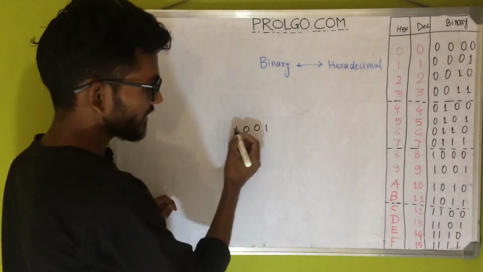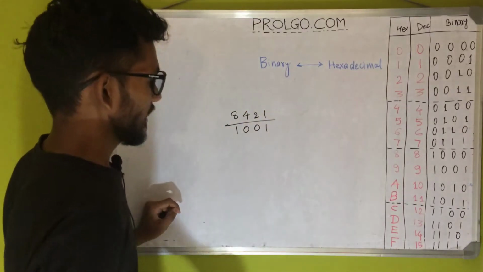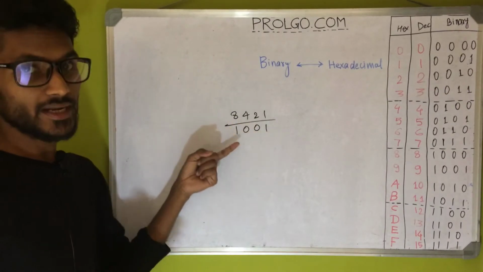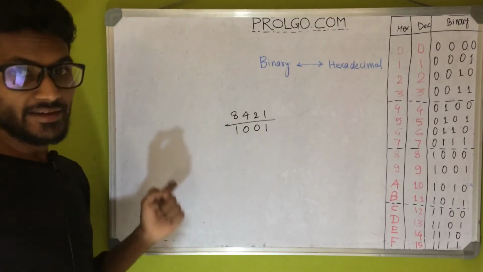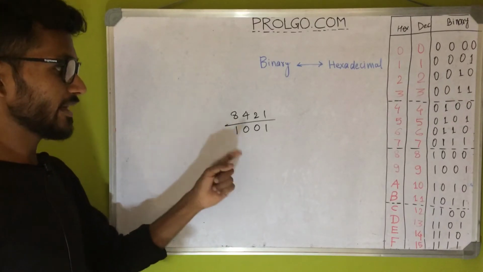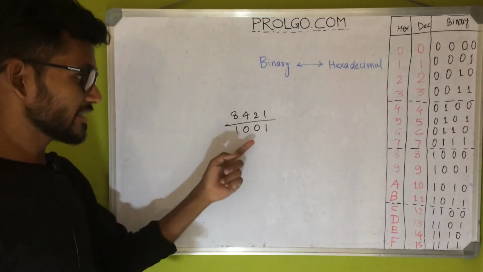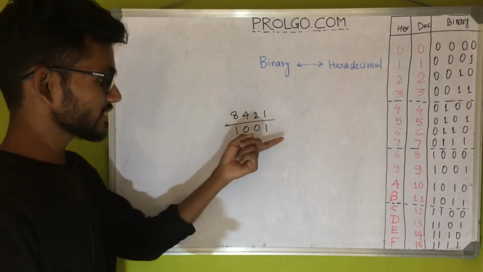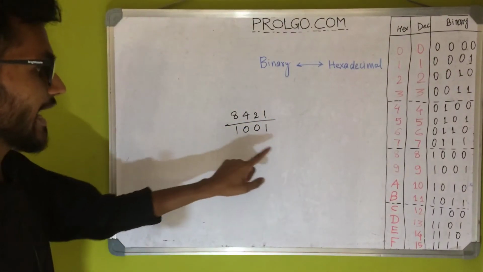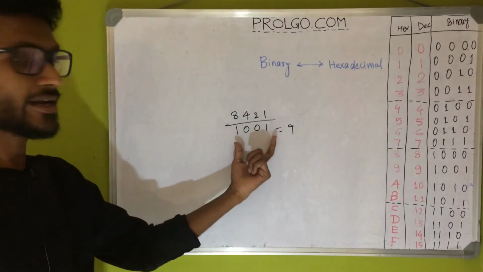The weightage of each digit in binary is 1, 2, 4, 8. Whatever bit is turned on, I mean if there is a 1, it is considered as turned on, and if there is a 0, it is considered as off. If it is turned on, I mean 1, that number will be added, and if it is turned off, that is 0, then it won't be added. So if this is the binary number, this and this one are turned on, so we will add only these. So 8 plus 1 is 9. So the value of this binary is 9.